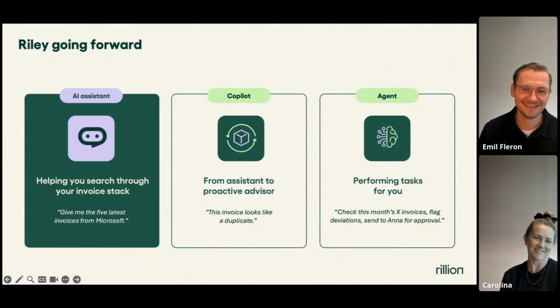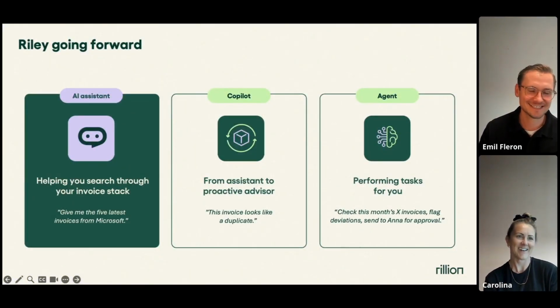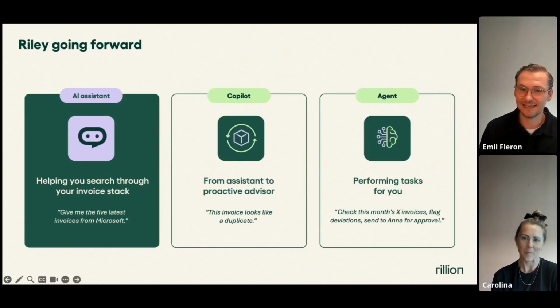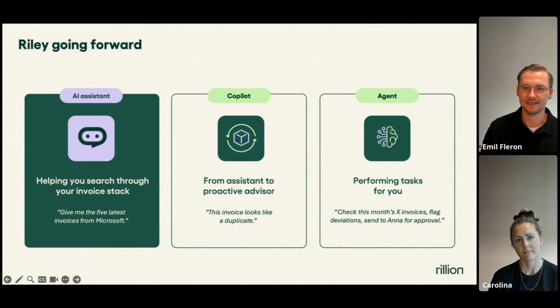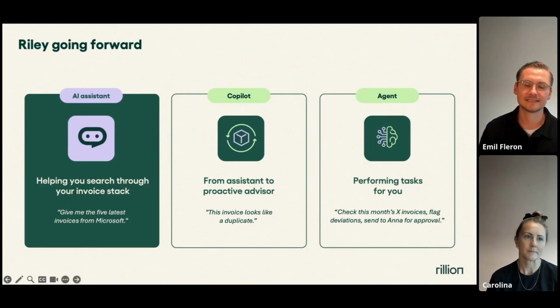Good question. I think we touched upon some of these things, but where we're currently at, Riley is right now an AI assistant. It's basically a support functionality to help you where you're currently at, presenting you information that you request. There are many things we want to improve upon here to get this functioning as perfectly as possible. But our next step, and what we really want to move on quite soon, is the so-called Copilot functionality,